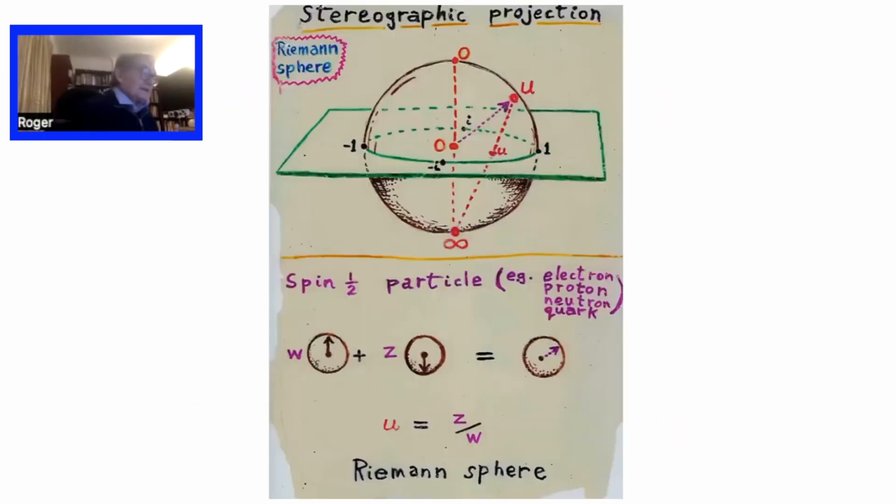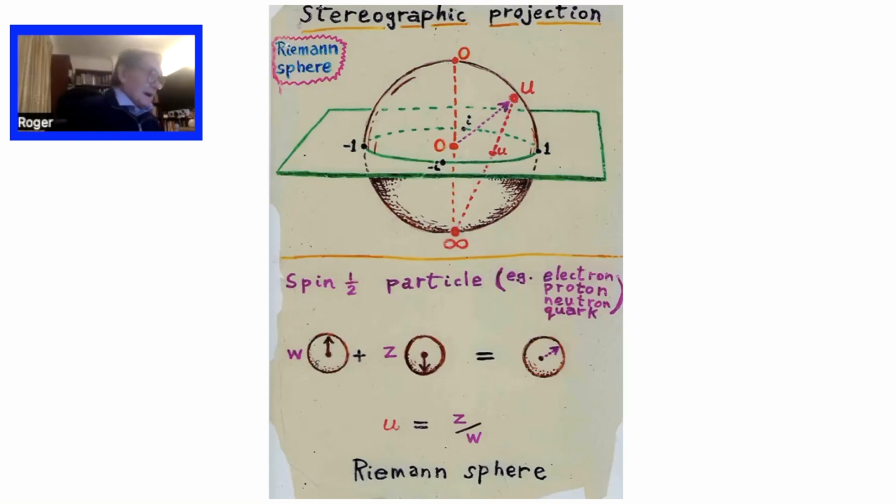Now, this is illustrated most beautifully in the case of the spin of a spin-half particle, where we think of the different possible states of spin as being different directions in space. So they're points on the sphere, and we can relate that to the amplitudes. If we've got, say, spin up, that means rotating right-handed about the up direction, and spin down, and those are two orthogonal possibilities. Then W up plus Z down gives you another state.